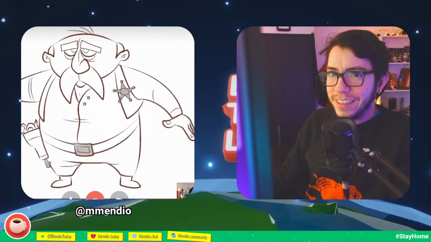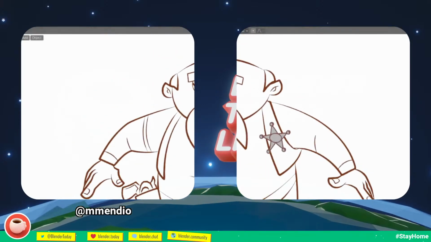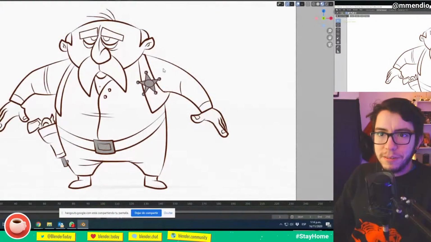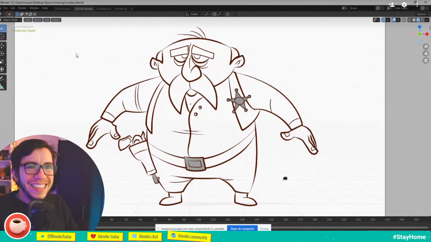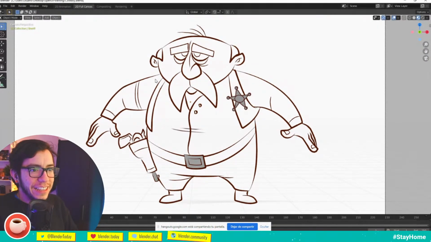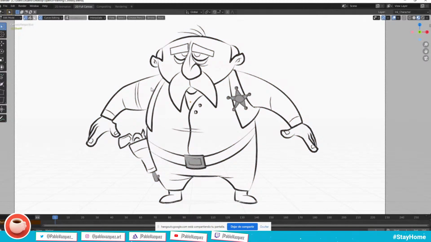Okay, and well, this is the character of the training we are talking about. And as you said, it's a Google Summer of Code project. Well, Google Winter of Code for me, Southern Hemisphere. Exactly. So, it basically adds a new feature for editing the stroke in Grease Pencil using Bezier curve editing. So if you go to edit mode,